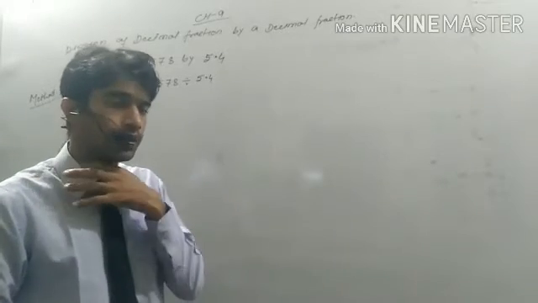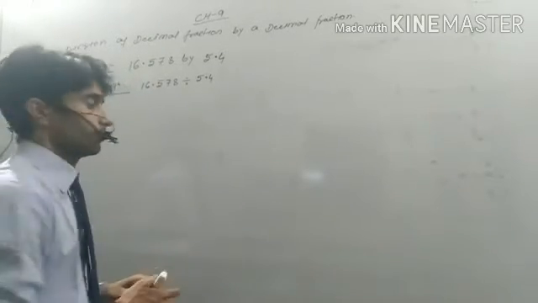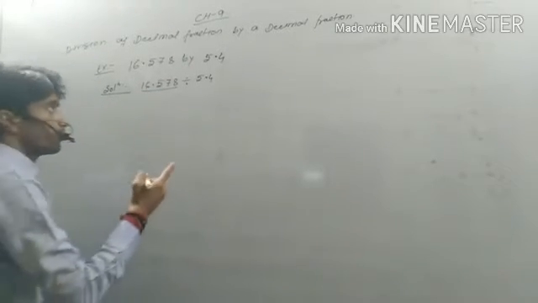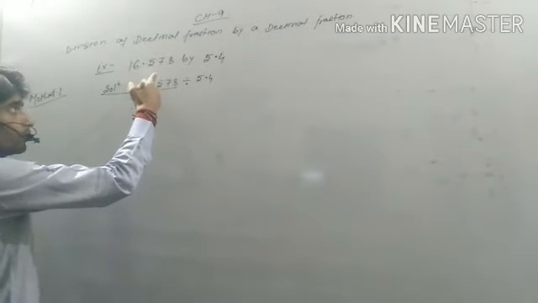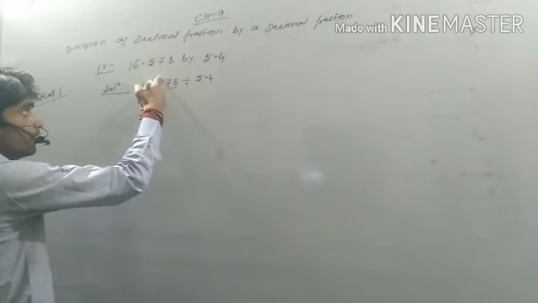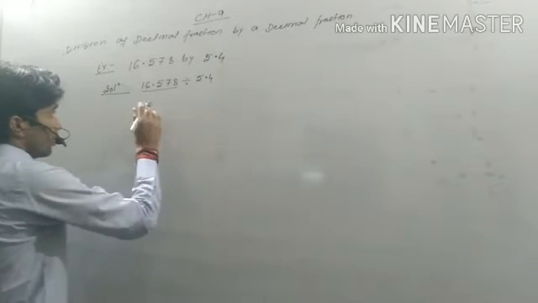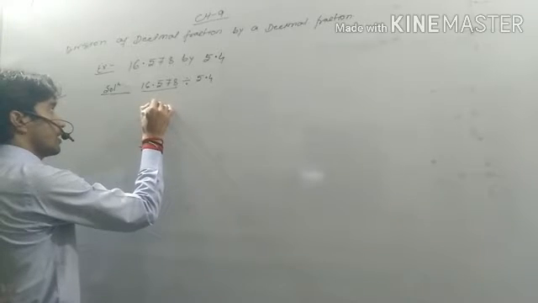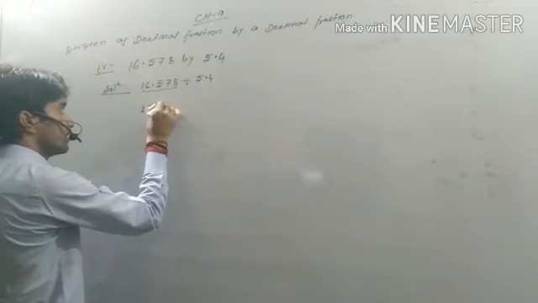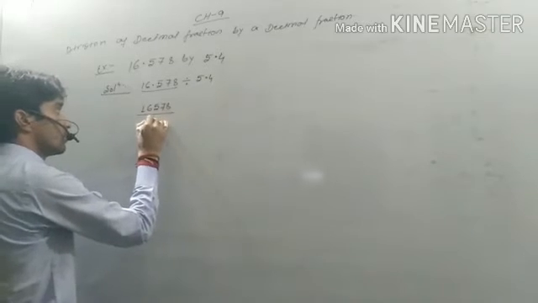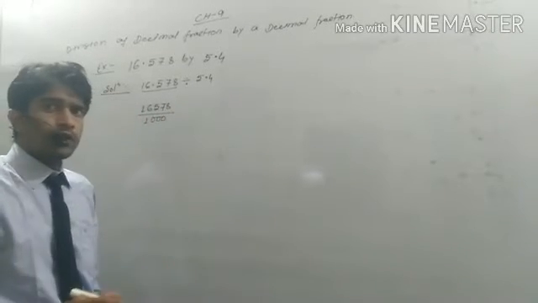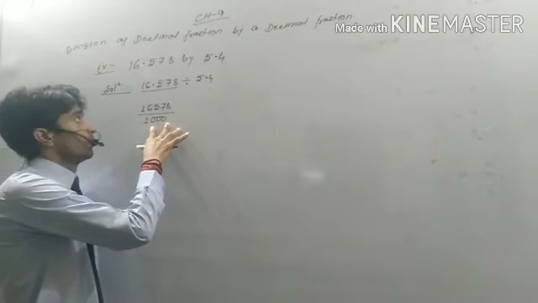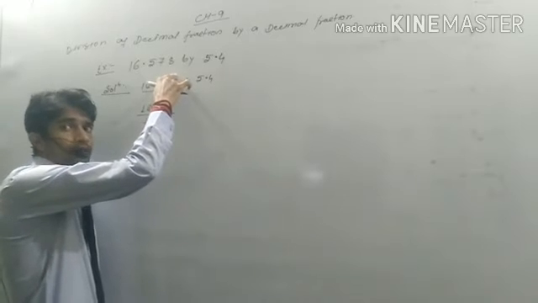fractional number. Okay, decimal fraction into a fractional number. So first of all we have to change this decimal fraction into fractional number. So count the decimal place. So here is 1 2 3 place of decimal. So write in numerator without decimal. 16,578 upon 1000. Put 3 zeros in that denominator because here is 3 place of decimal.